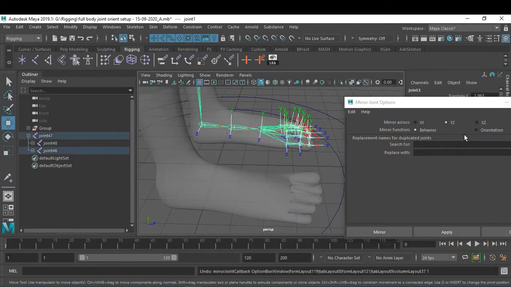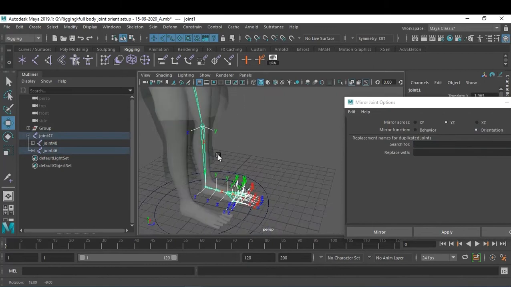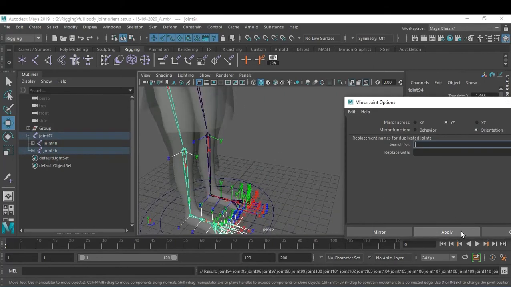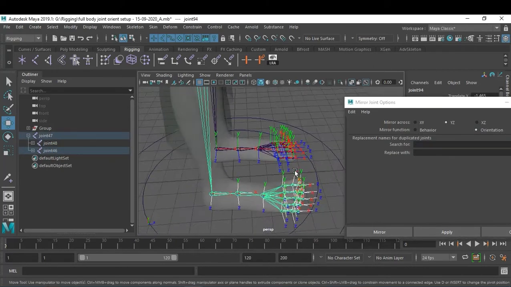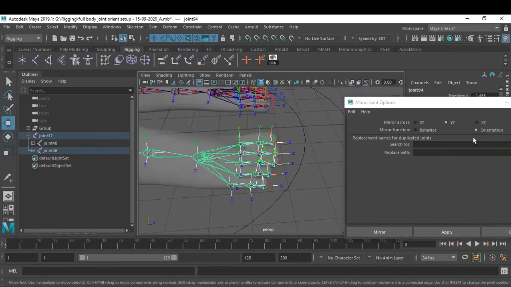In Mirror Update, instead of Behavior, I'll say Orientation. Take the orientation, and now if I apply this, check the magic. See, the orientation is going proper now. So if it is not working with Behavior, just check Orientation.